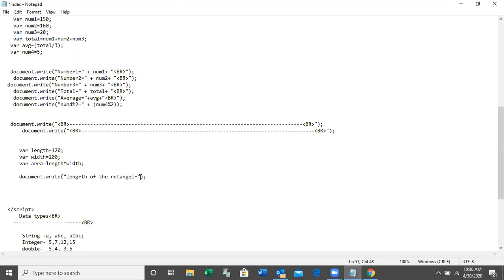Length of the rectangle is equal to what? The variable name is length, so it will display 120 instead of this length variable. Okay, then again document.write.